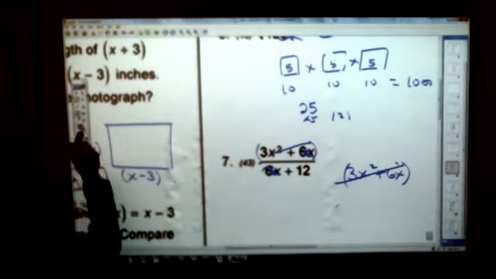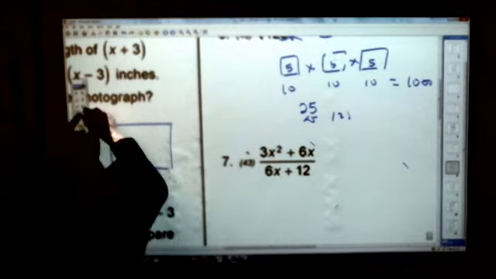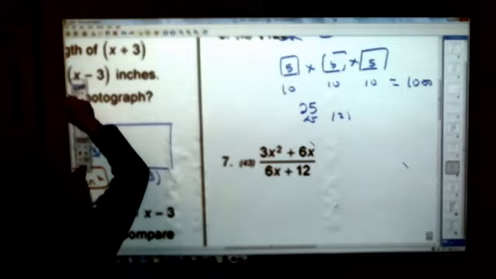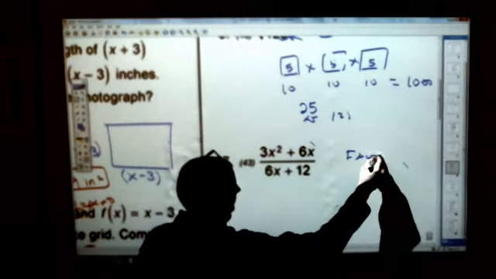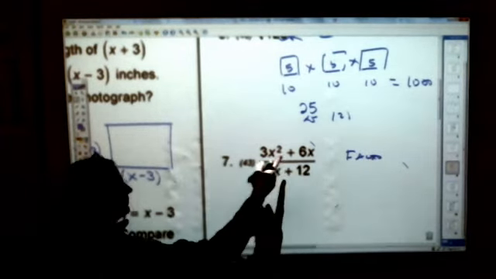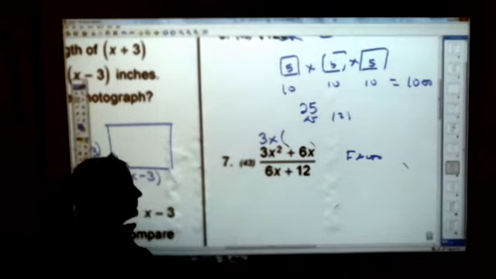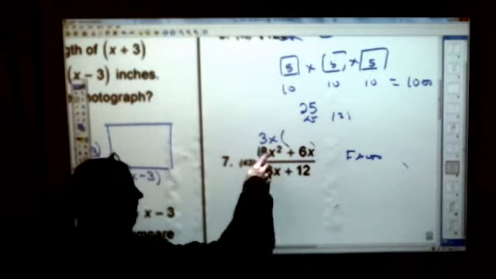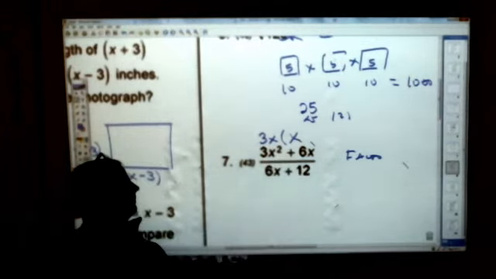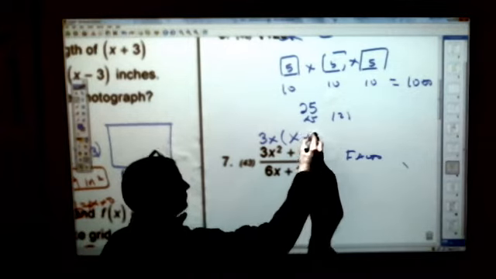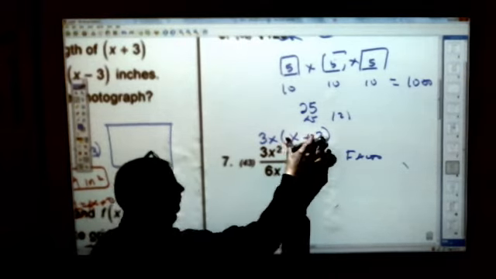For number 7, jot your notes down, the only way this works is if you can find some common factors. In order to find if there's some factors, you have to factor these things. What can I take out of 3x squared plus 6x? A 3 and an x, correct? They both have those common factors. Reverse distributive property. What are you left with? If you take a 3x out of 3x squared, you have an x, plus what? Plus 2, right? Now, if you come up with a 3 or an x or this on the bottom,